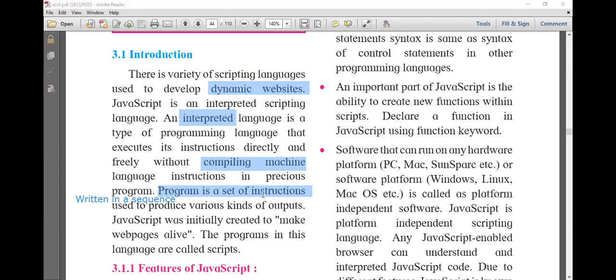And the last part we have studied is that the program in this language is called a script. It means the program written in JavaScript is called a script. So this part we have studied in the introduction. Understood? Okay, now we will go on to the next part.